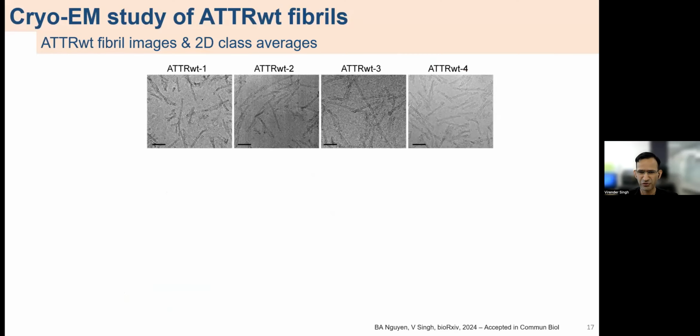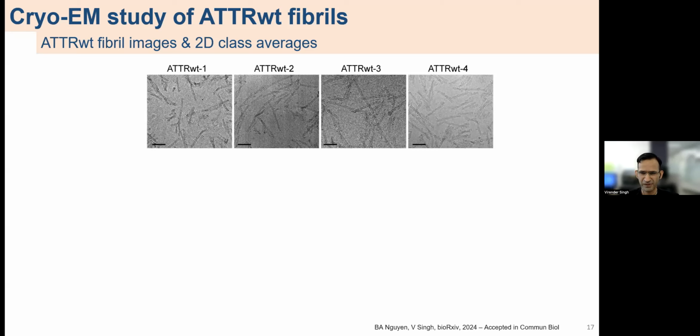So here I'm showing data from 4 different patients, who were above 70 years of age at the time when we got the tissue from these patients. All 4 ATTR wild type cases showed a consistent fibril distribution. The majority of these fibrils were twisted and curvy, with a minor population of straight filaments, which were not used for